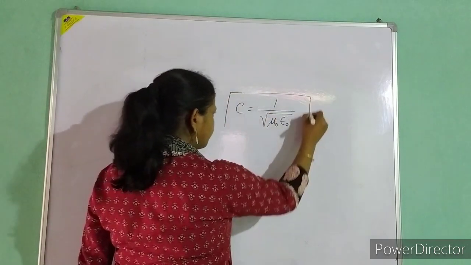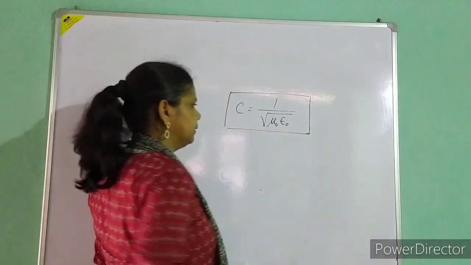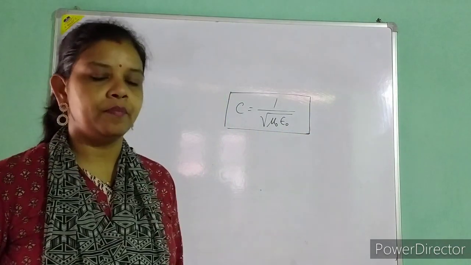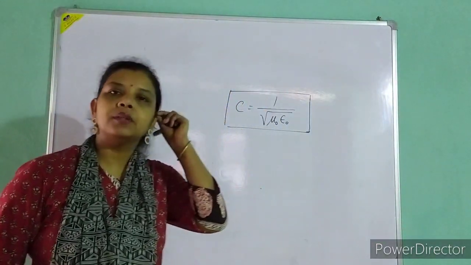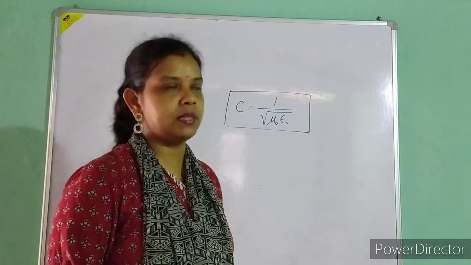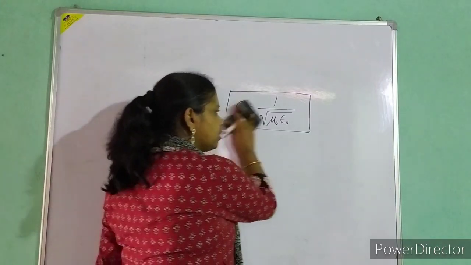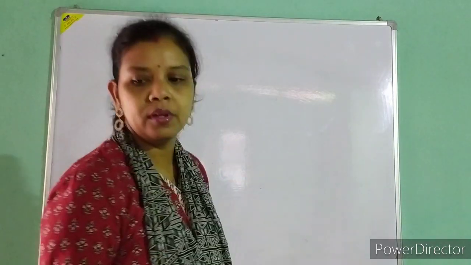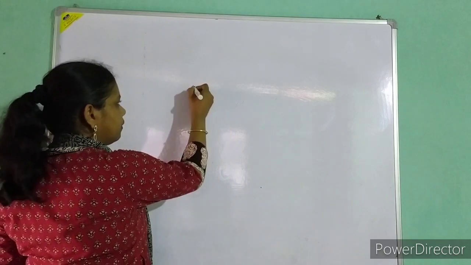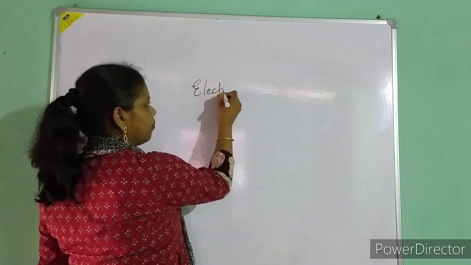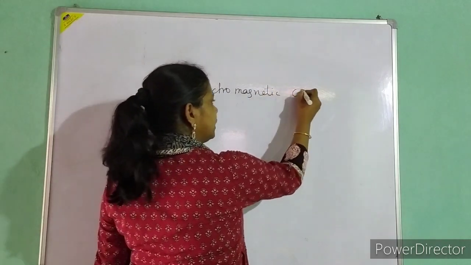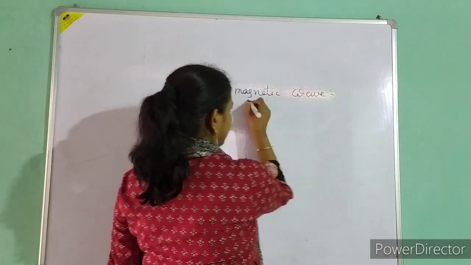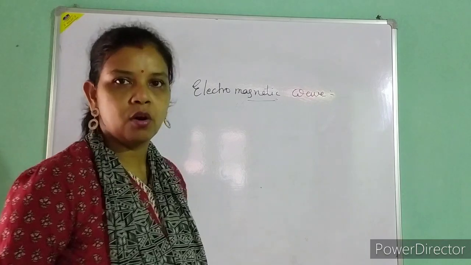These are things that we have already discussed. Along with that, I also told you in the previous class about the expression, how to represent an electromagnetic wave. Because you see, an electromagnetic wave is not only made up of the electric field, it has both the electric as well as the magnetic components.